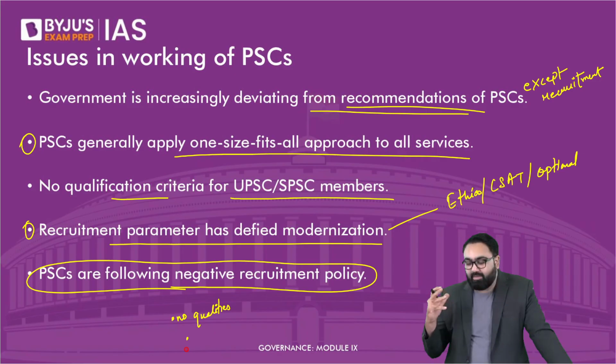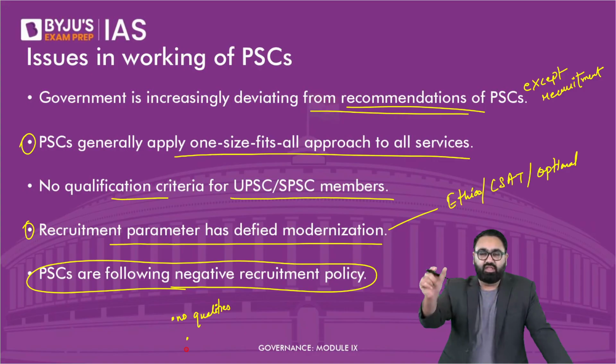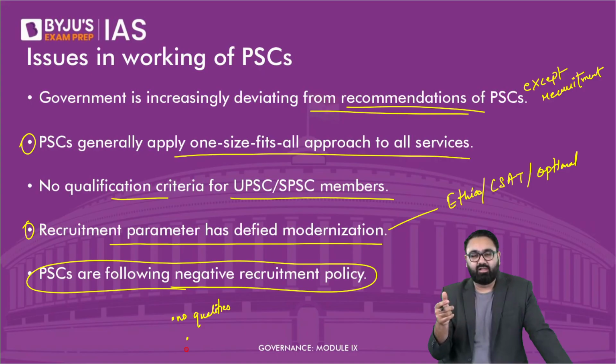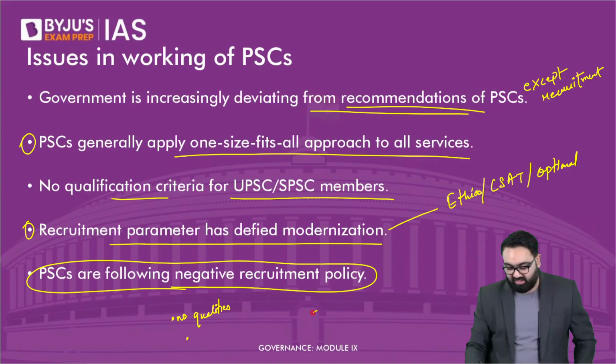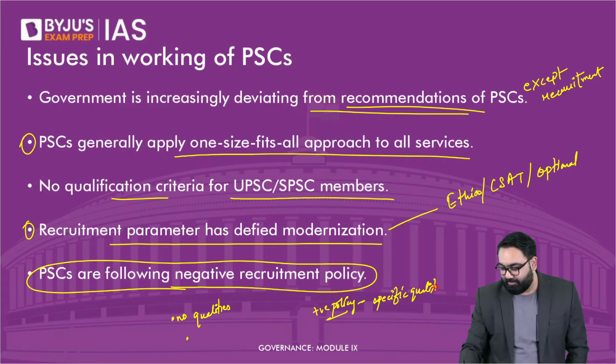They have never mentioned, for example, that we want this quality, this weight, this height, or that we want someone to have this kind of skill, that kind of skill. That is a positive recruitment policy. So a positive policy means when you have specific guidelines that this is what we are looking for, specific qualities. For example,